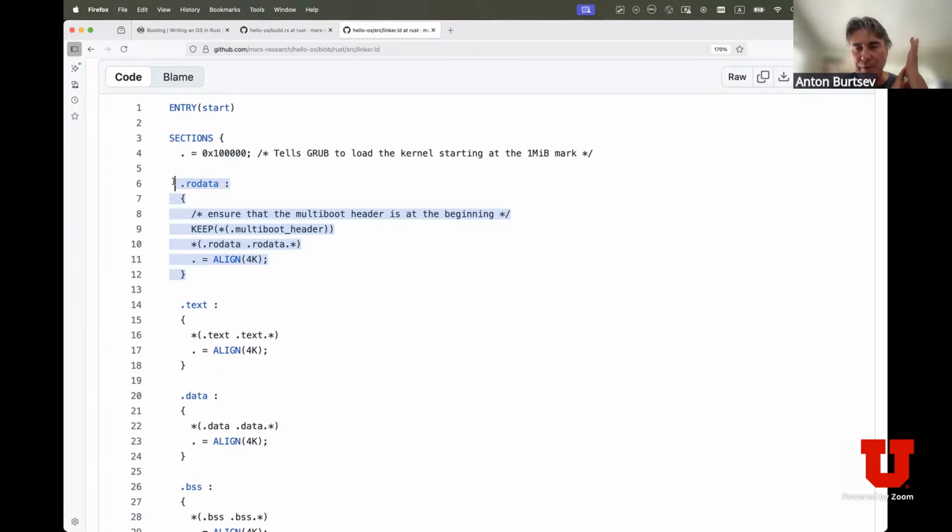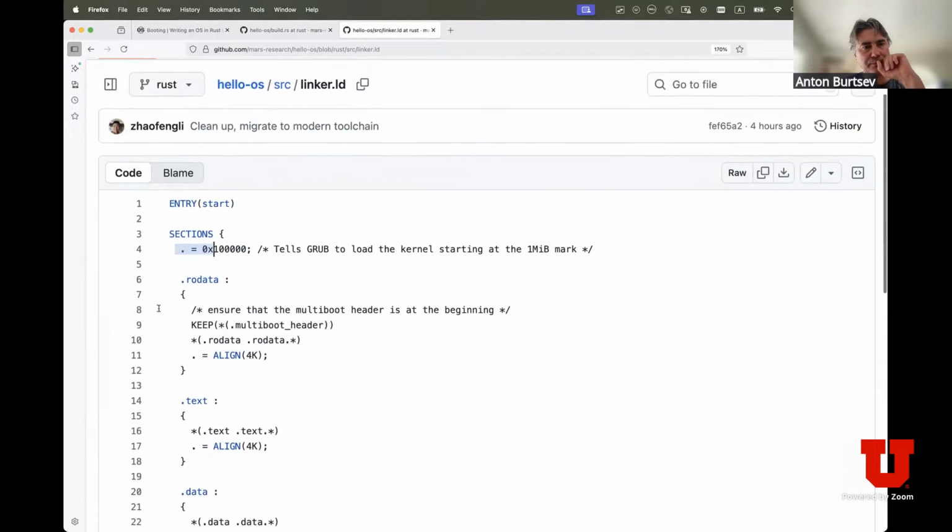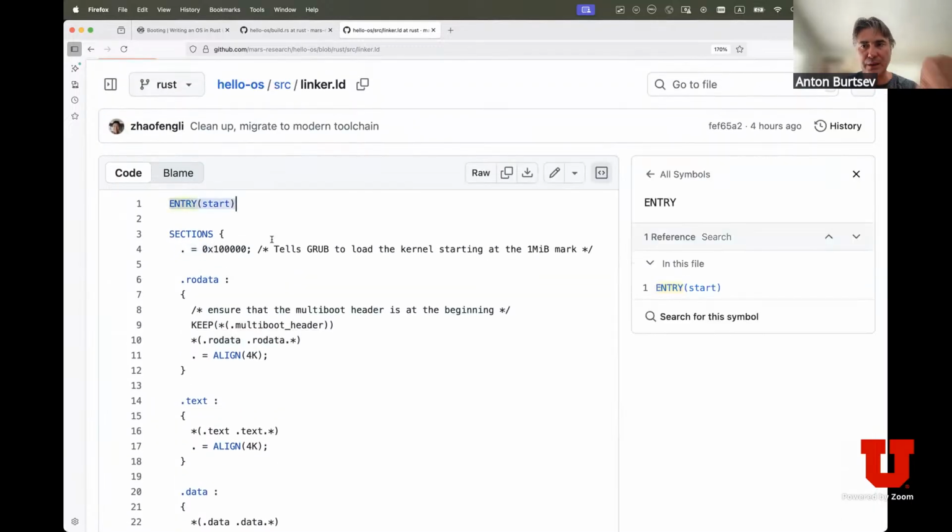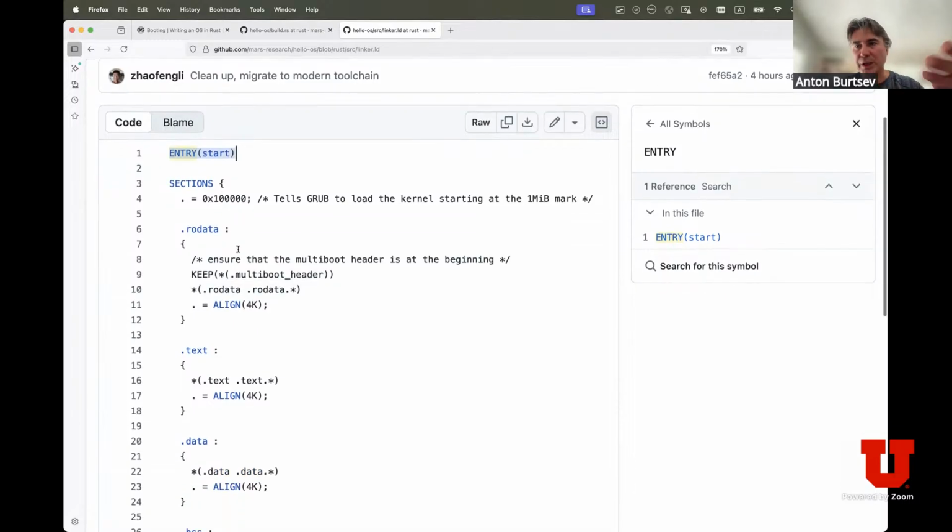So you just say everything will be linked correctly. The kernel starts at the first megabyte. All the symbols in the kernel are correct. This specific directive tells the linker that the start is the entry point. So essentially, it will generate the kernel and say, okay,